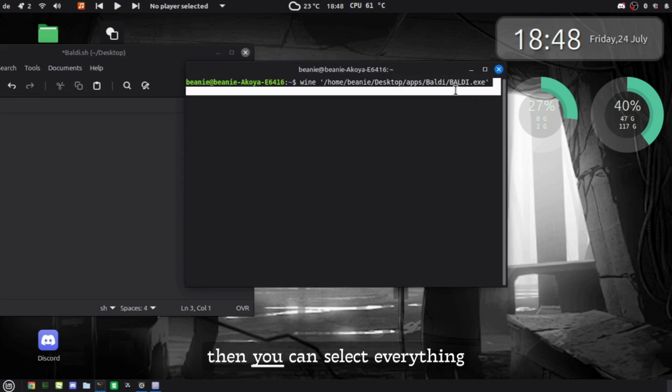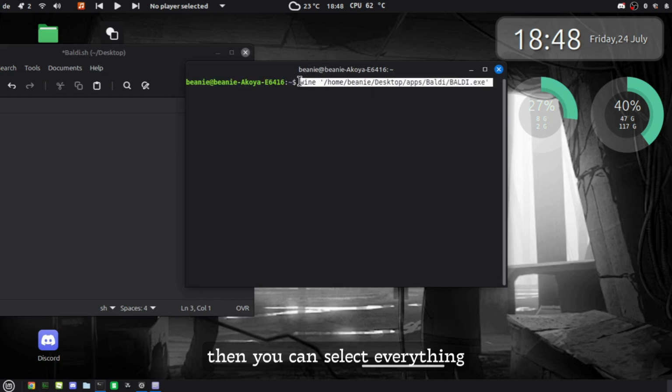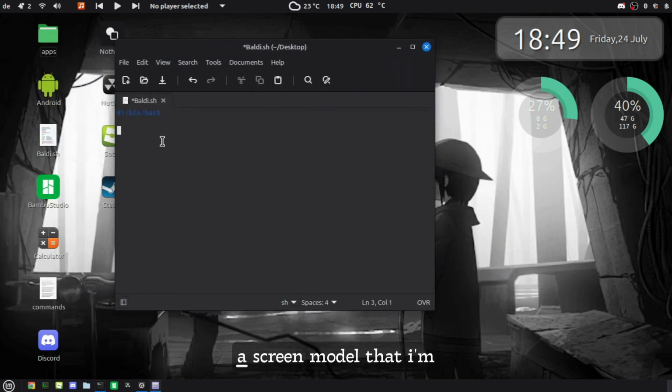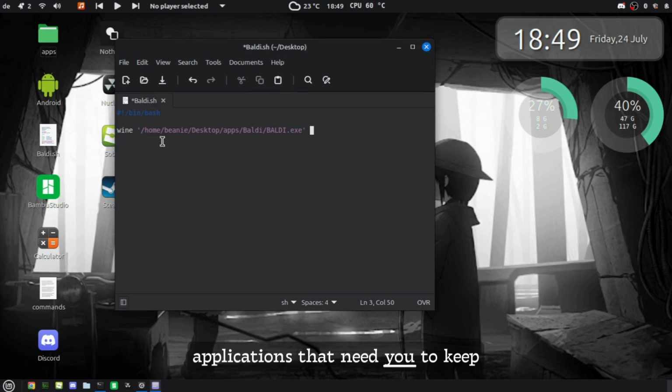Then you can select everything and Control, Shift, and copy. So T, and then Control and paste. So that is typically enough,